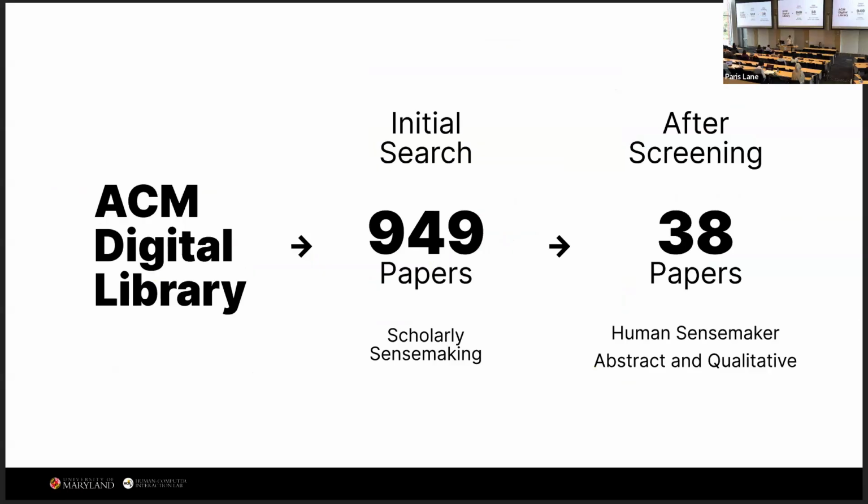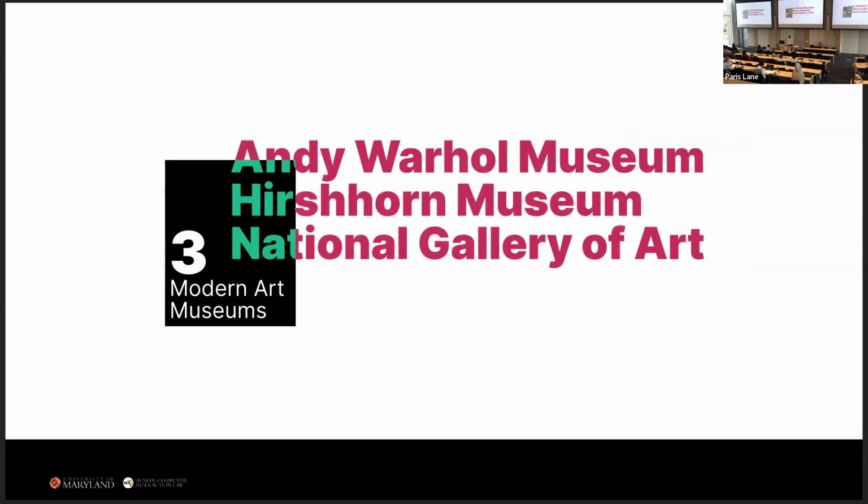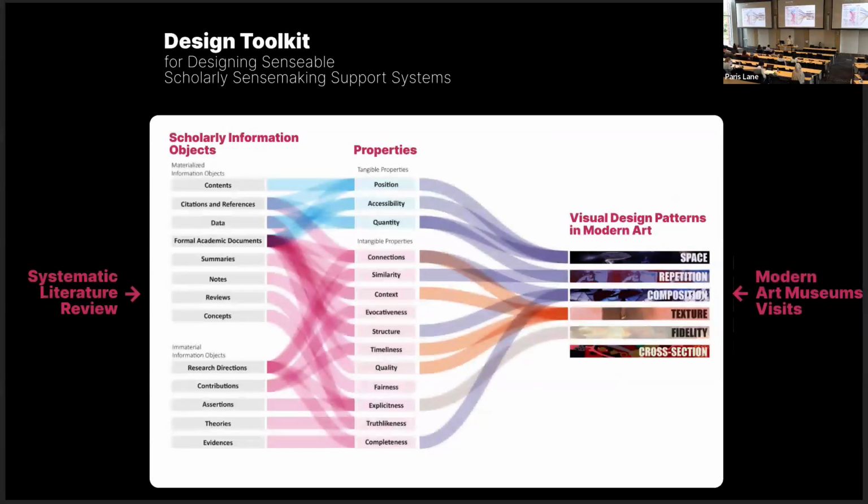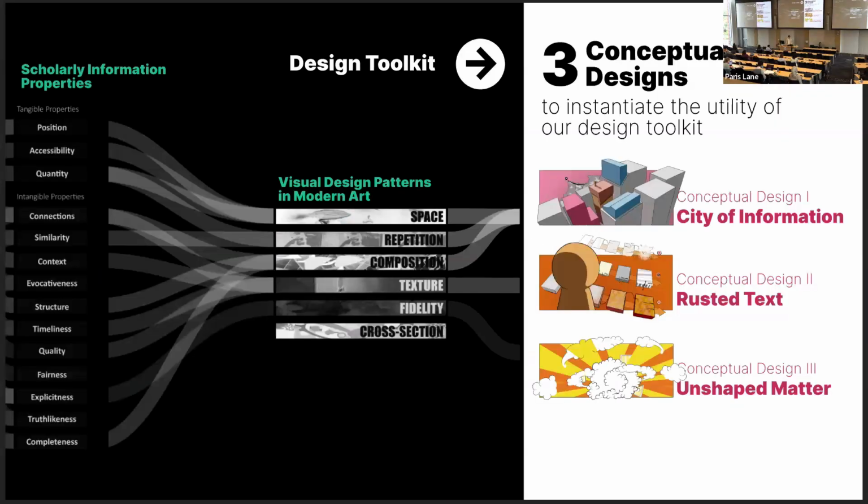Through a systematic literature review and visits to modern art museums, we developed a design toolkit for brainstorming designs that make scholarly information more sensible. In this design toolkit, we include different types of information objects, their corresponding properties, and visual design patterns. We developed 3 conceptual designs using this toolkit. Given the time constraints, I will only briefly walk you through one conceptual design, which is the first one, the